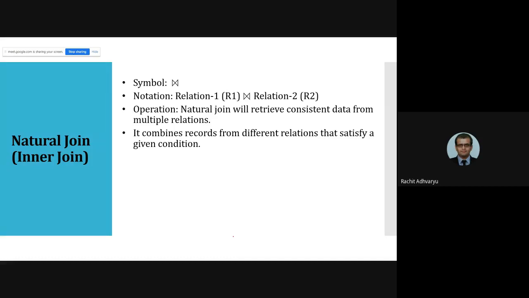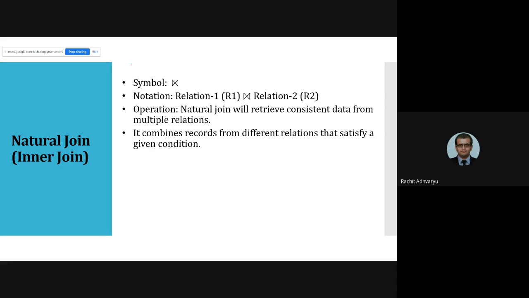What we are going to do in a join is merge two tables and discard all the irrelevant data from the tables. Remember two rules: we are going to merge two tables and then remove all the irrelevant or unwanted values from that merged table. That is what a join is. In simple words, joining is combining two tables into one and then removing all the unwanted data or rows from the merged table, right?